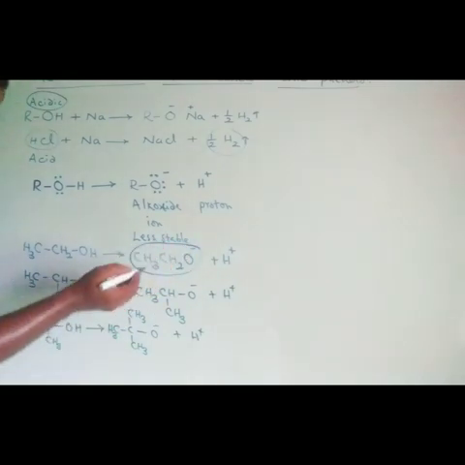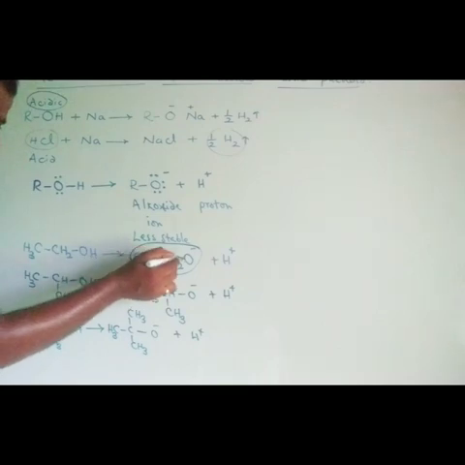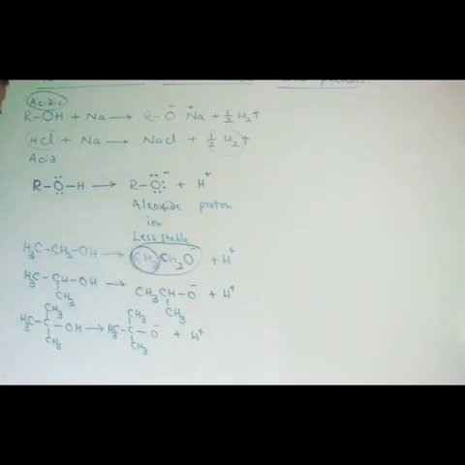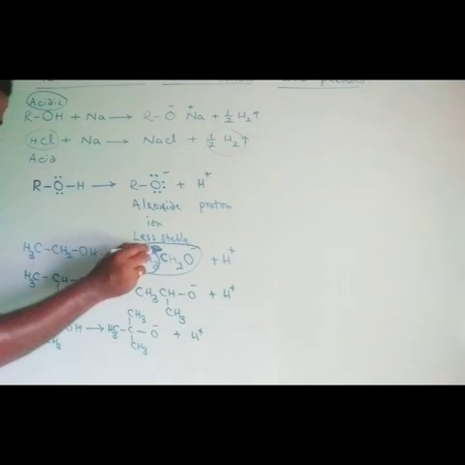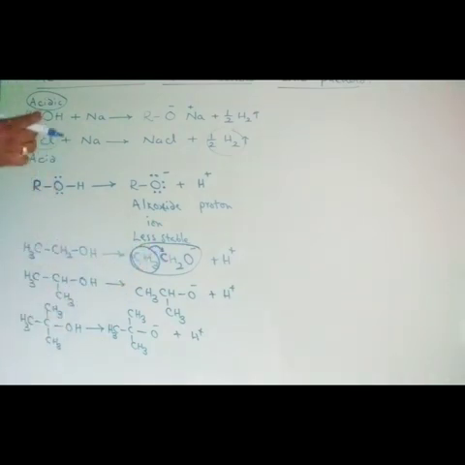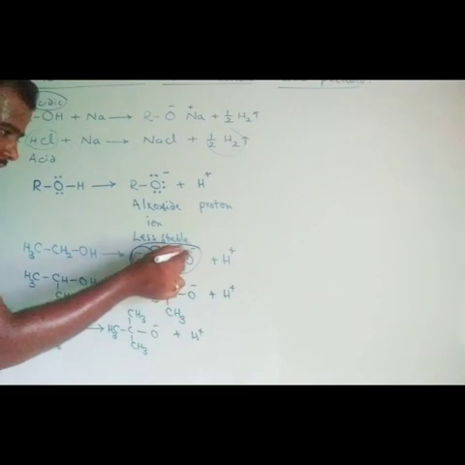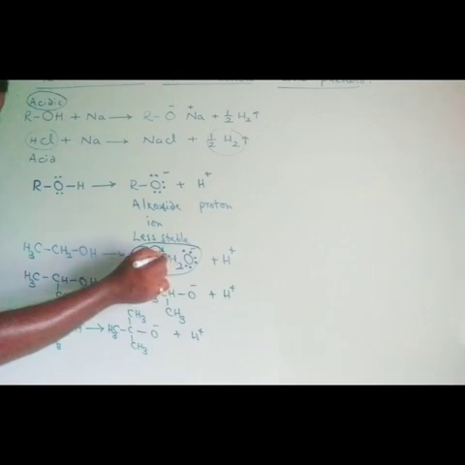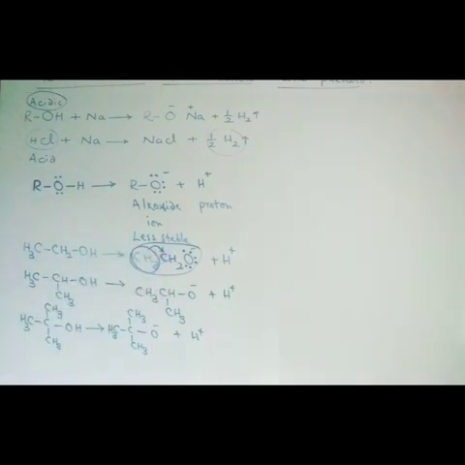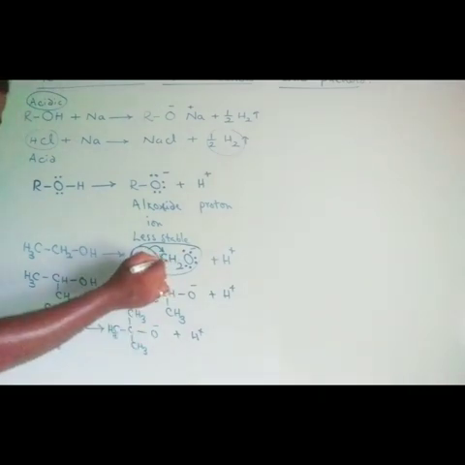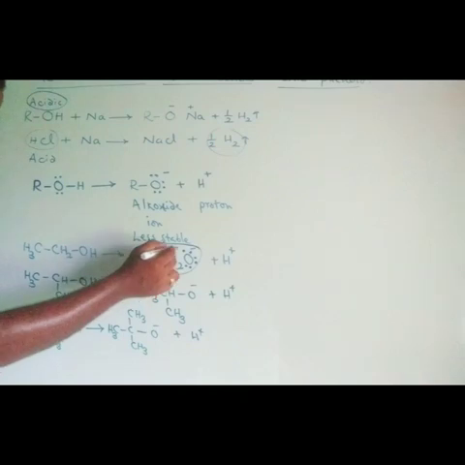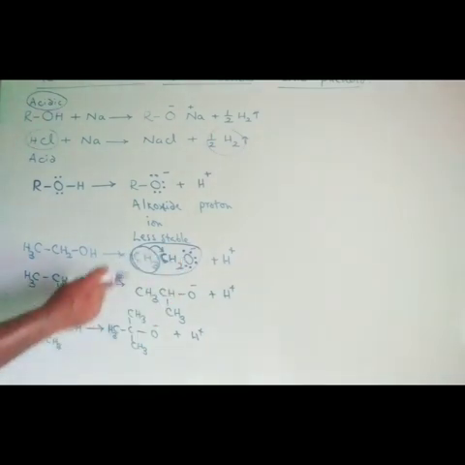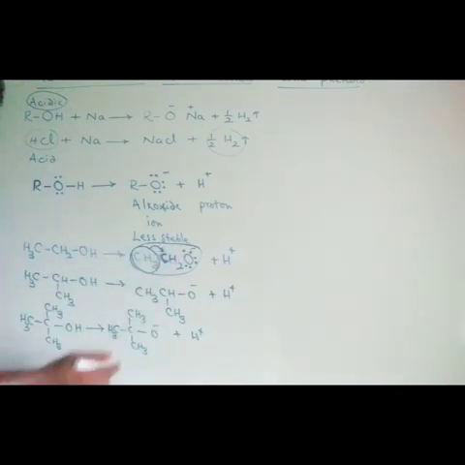In ethoxide ion, the oxygen-linked carbon has one CH3 group neighboring it. Alkyl groups or CH3 groups basically act as electron donating groups. Here oxygen has three lone pairs and the electron density is somewhat more increased by a methyl group, because this methyl group is an electron donating group. So the electron density will be increased on this carbon, which may be throwing some electron density onto oxygen. The alkyl group's presence on this carbon makes the oxygen rich in electron density.